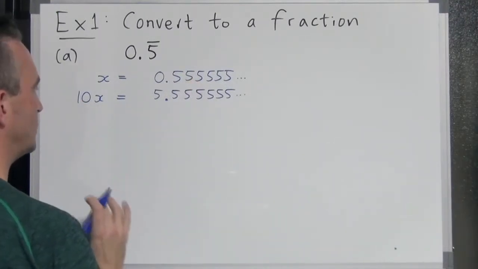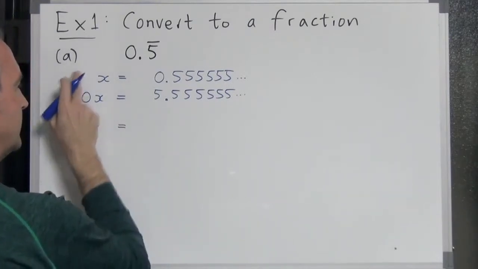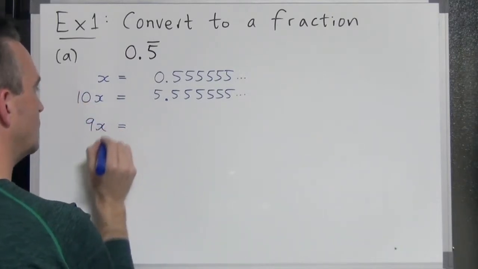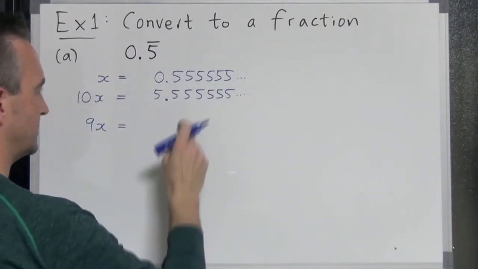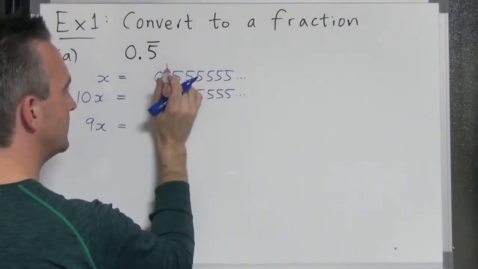What I'm now going to do is subtract these two equations. What I mean by that is I'm going to subtract the left side from the left side. So here, 10x minus x is 9x. We'll go bottom to top. And on the right side, I'm going to subtract this minus this. And what happens is, at some point,